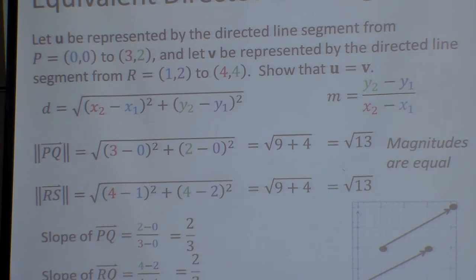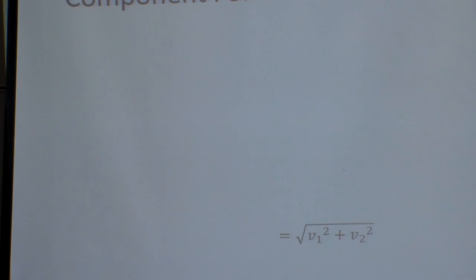And notice the slopes are the same and the magnitudes are the same, so therefore they are equal. So U does equal V. But in order to show they're equal, the magnitudes have to be the same and the slopes have to be the same. Otherwise, they're not equal. We could have the same length, but if we're not going the same direction, we're not quite exactly equal. All right? So now here we go. We'll talk about the